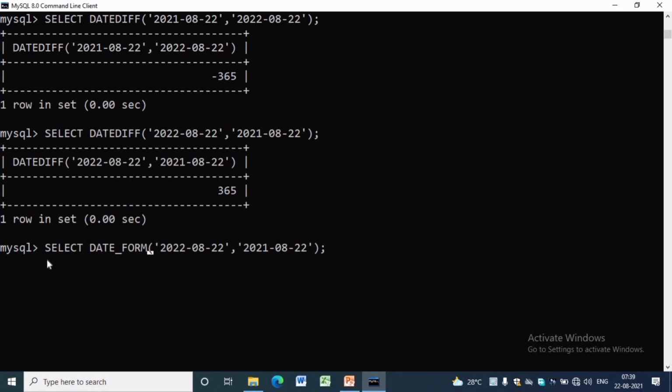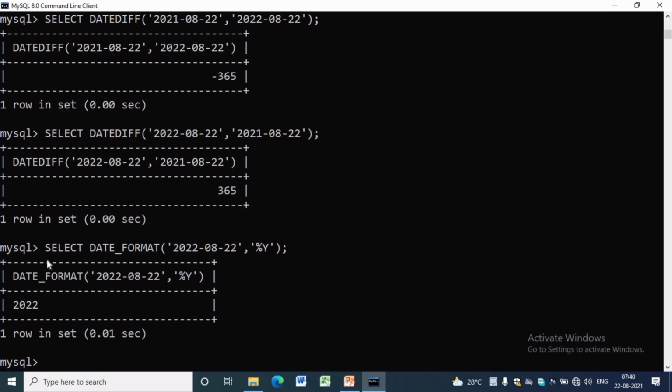SELECT DATE_FORMAT, within single quote, 2022-08-22, comma, %Y. It will give the year as a numeric 4-digit value. In this case it will give 2022. SELECT DATE_FORMAT.